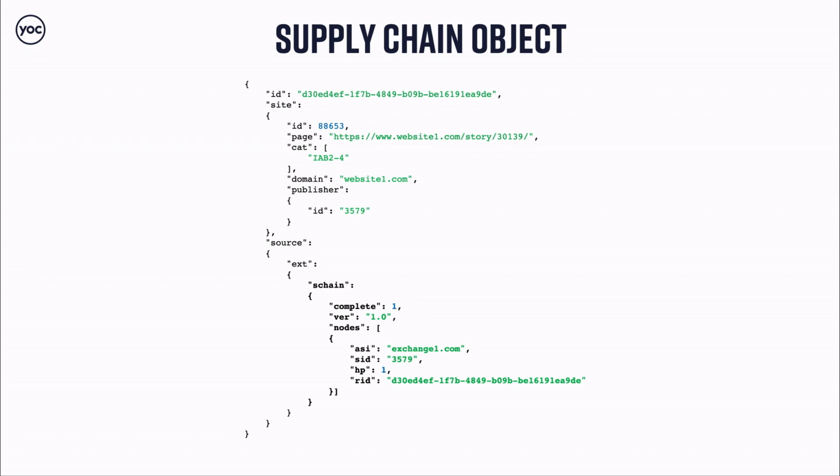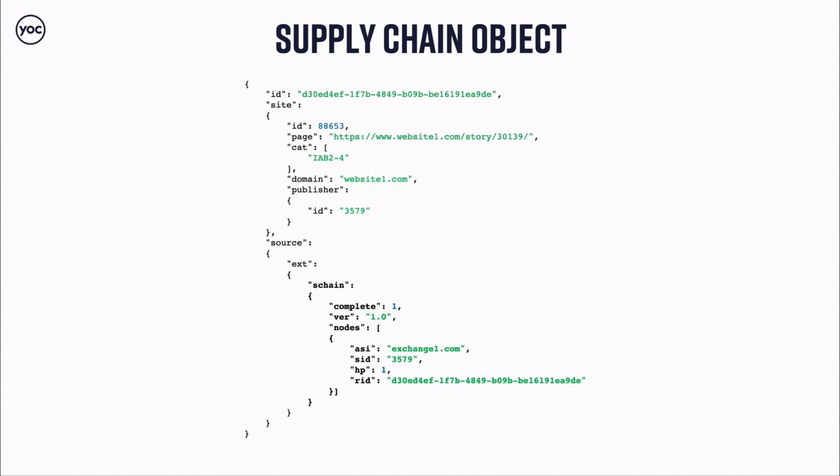Let's take a look at the simple bid request. What changes when the supply chain object is being added? We can see that it is located within the extension object of the source object of the bid request. It contains a few root attributes, but the nodes array actually right here represents only one entity, which is